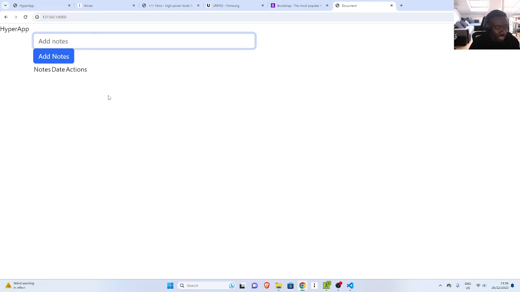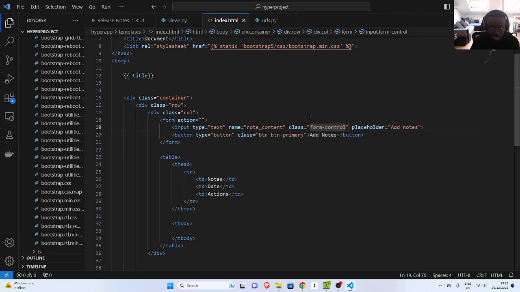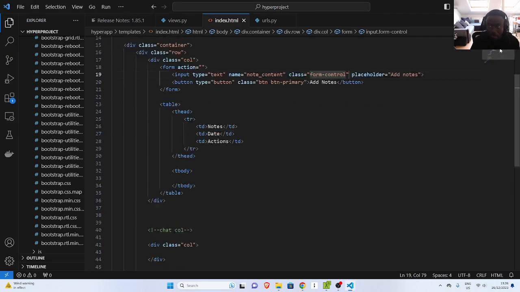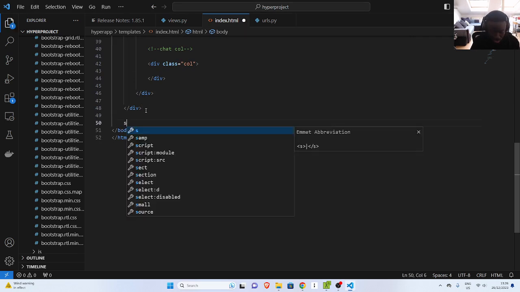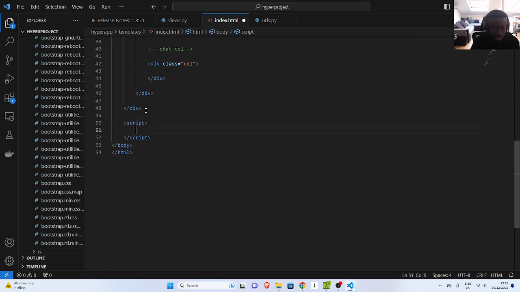Now let's add the JavaScript for HTMX. So I'll go back here to body, then I'll pass in my script. Then this script will go with my src for the source. Then I'll do the same thing as I did above. Because you have already loaded static, you go with static,